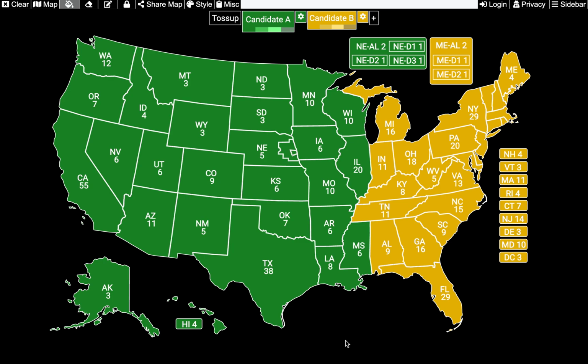If you're American, I'm sorry, I'm not trying to hurt your feelings, but just take a look at this map. Who wins? Right now, if you think about it, you're going to say yellow, I guess, if you add up all the numbers, and that's correct. The yellow has more electoral votes, but in the first second when you saw this, I can bet that you